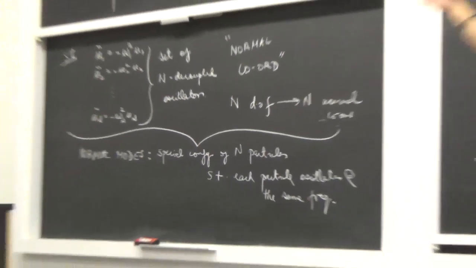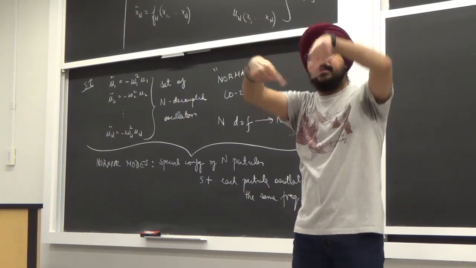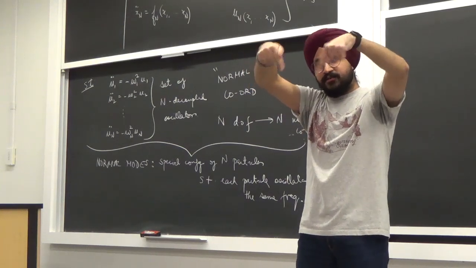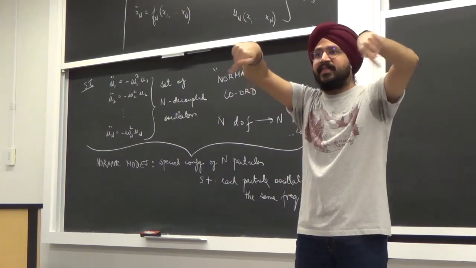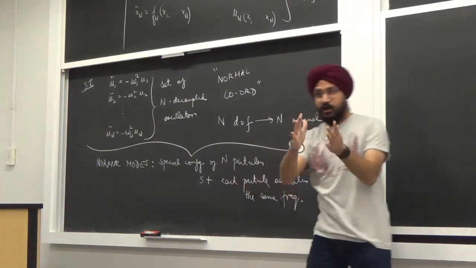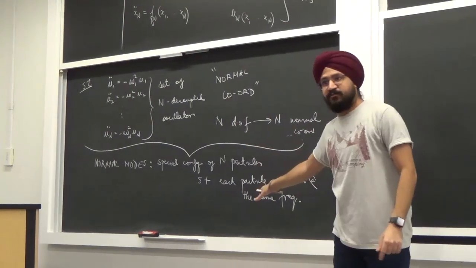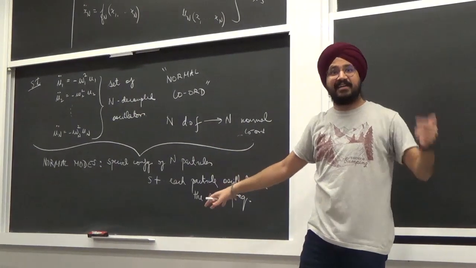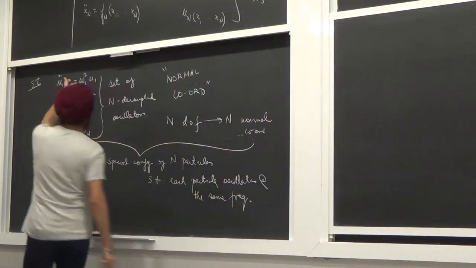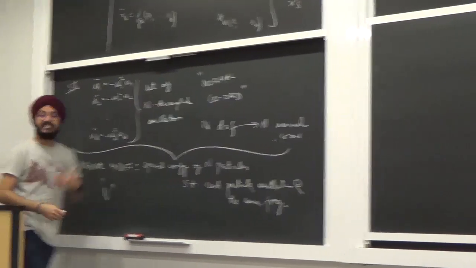Like in the pendulum case, if I leave both the pendulums at the same amplitude, then they go in sync. They have the same frequency of oscillation. If I leave them apart, out of sync by the same amplitude, then they go in and out at the same frequency. So these special configurations of starting the n particles out such that each particle in that configuration oscillates at a particular frequency. And what possible frequencies? Omega 1 through omega n. So therefore, there are n normal modes as well.